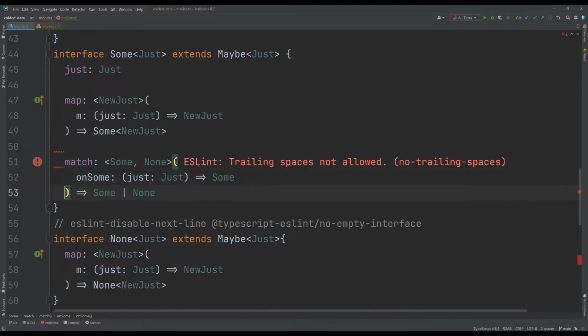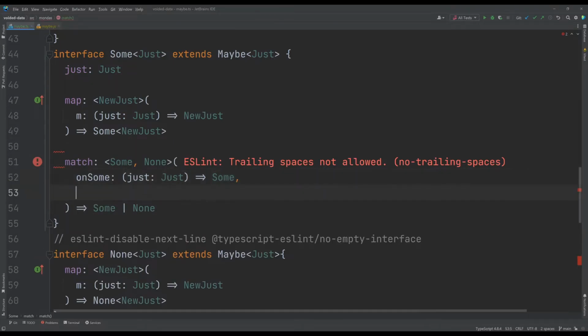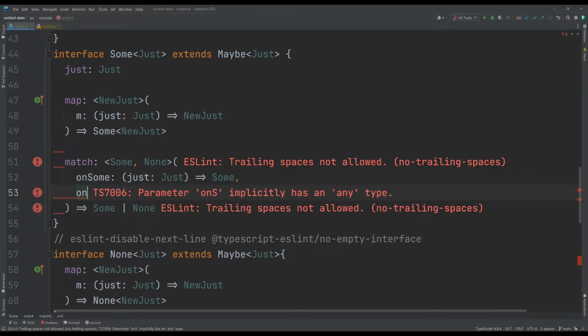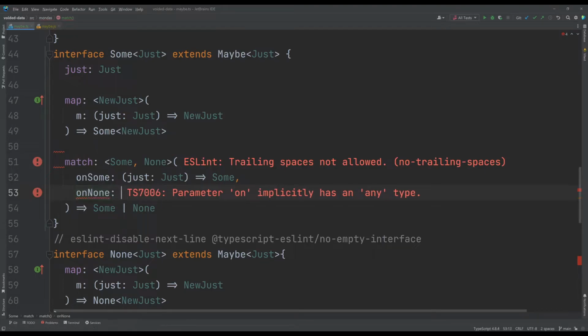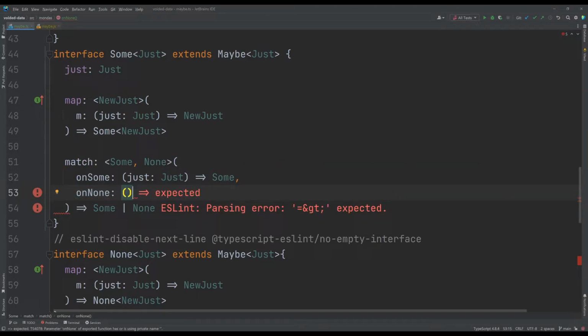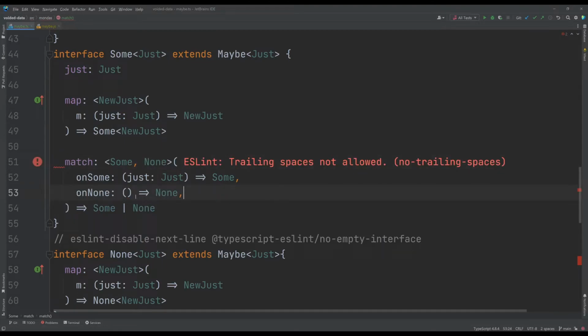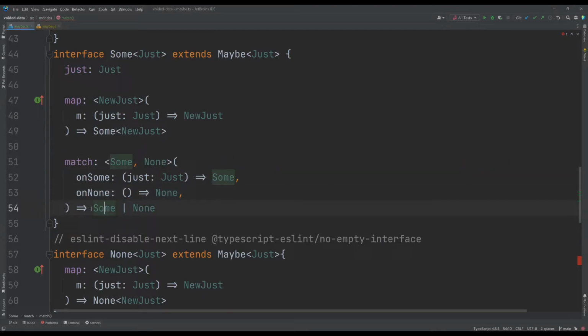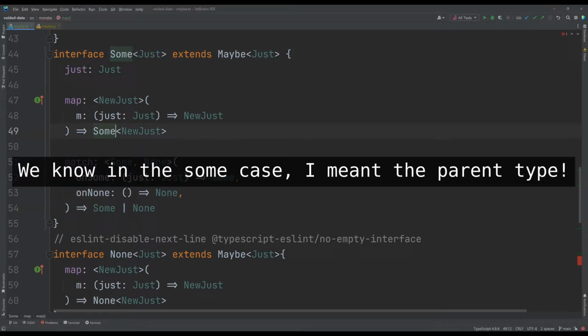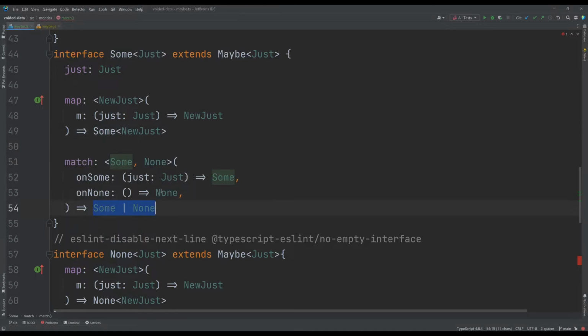So we are going to accept two functions. One function is going to be called onSum, and it will be called when we are a sum, and onNone, which will be called when we are a none. And it will return one or the other. Since in the sum we don't know which case we are, we'll return the union of both types here.